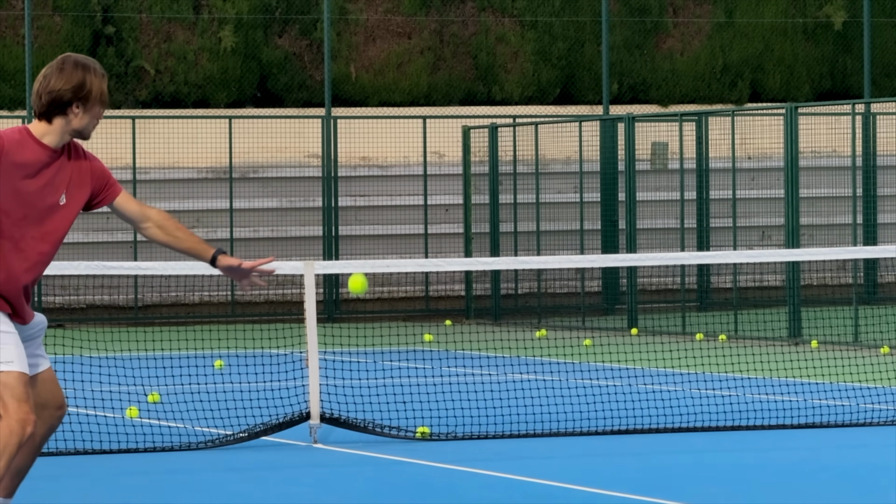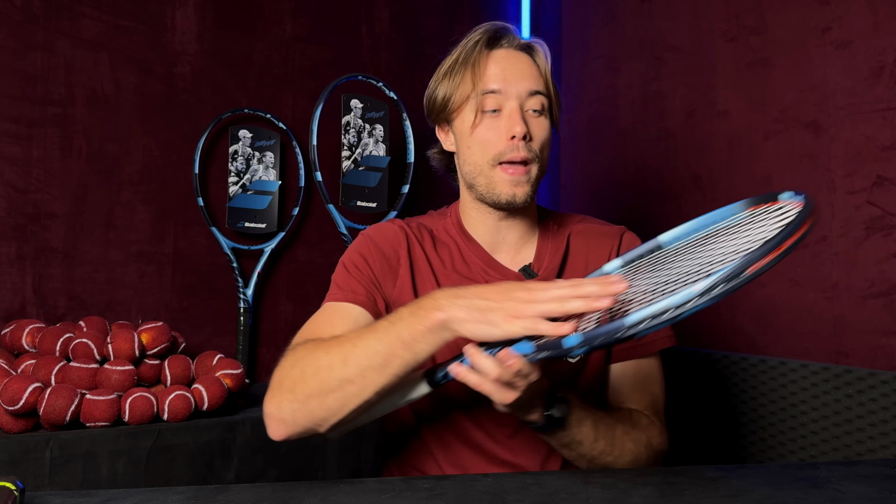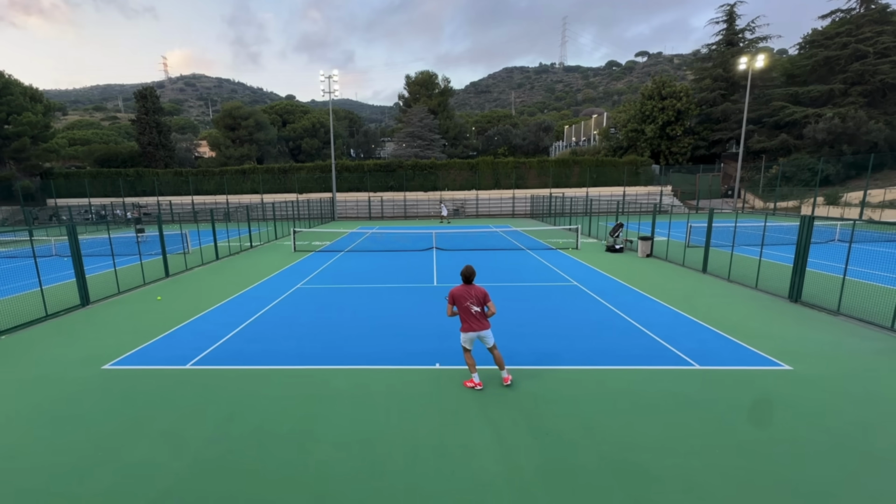On the flatter, more aggressive down the line shots, this thing has your back as well, and in case you do want to play with a lot of topspin and kind of force your opponent cross-court, this does have your back, because it's not an 18x20 string pattern, it's a 16x20, which is one of my favorite string patterns out there, and it does allow for a good amount of spin while not compromising so much on the control and